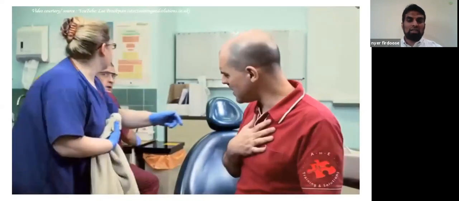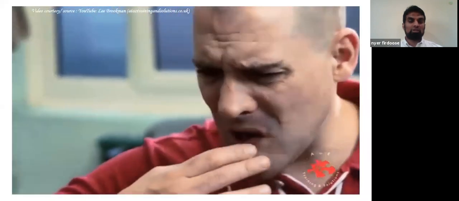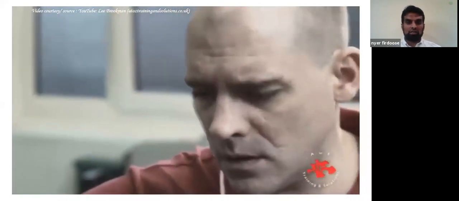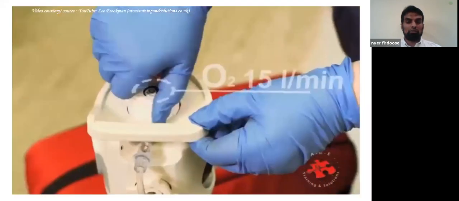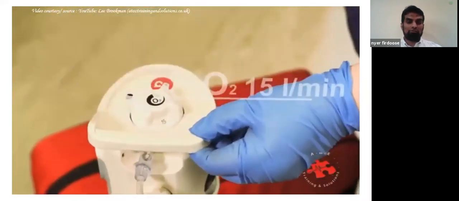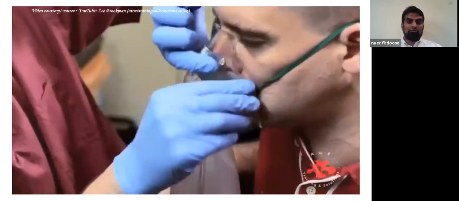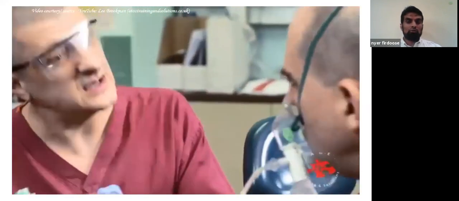And then he gets wheezy, which is suggestive of an airway problem, and this warrants calling for assistance immediately. The first thing to be done in such a case is to start straight away with high flow oxygen. Now we mobilize the emergency kit and the oxygen cylinder and begin to administer high flow oxygen at the rate of 15 liters per minute. This is then followed by 10 puffs of salbutamol or albuterol through a spacer, and then we continue to